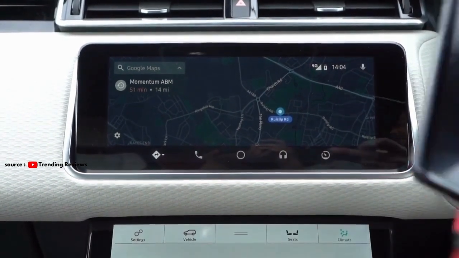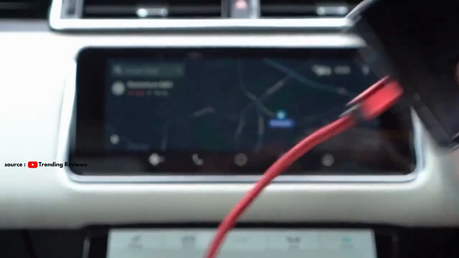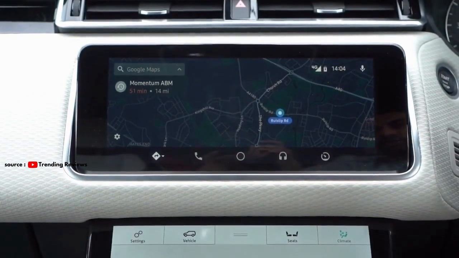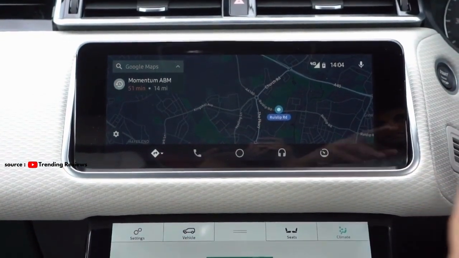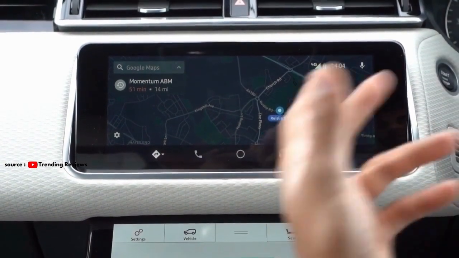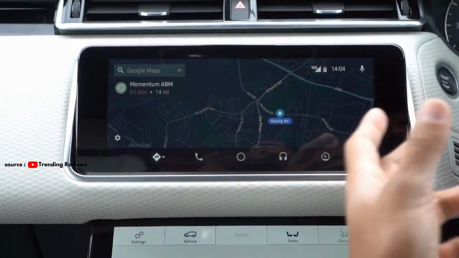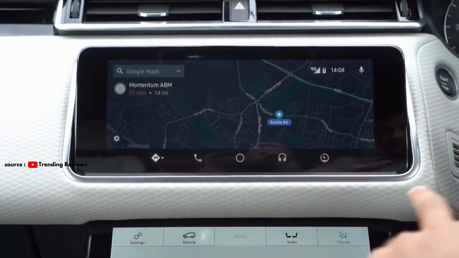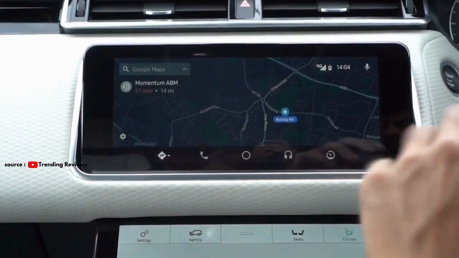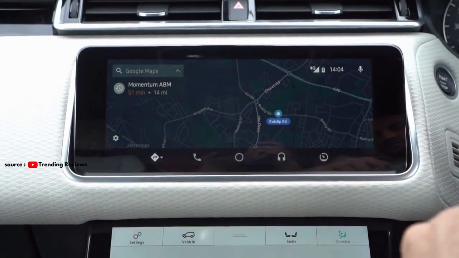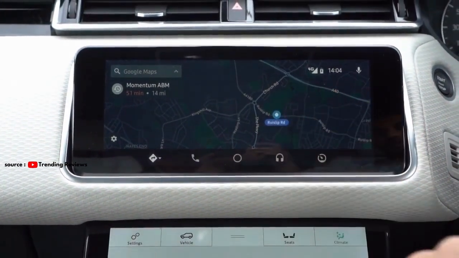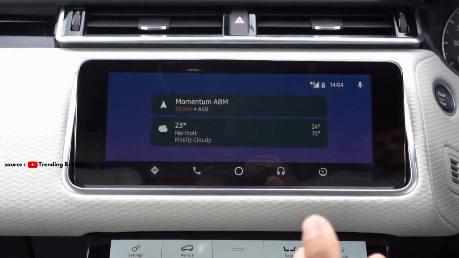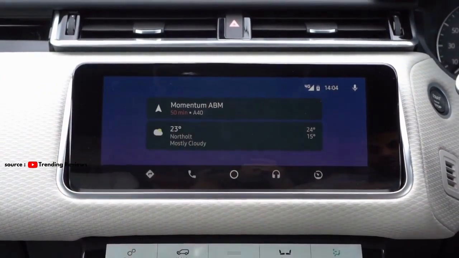It worked very well. One thing you must be concerned about, if you connect your phone by USB cable, sometimes Android Auto will lose connection and not detect it. Make sure you use the original one to keep the performance. Here I'm not using the original one, but so far it's fine. If you get this problem, all you have to do is disconnect and reconnect again, and it should come up again.